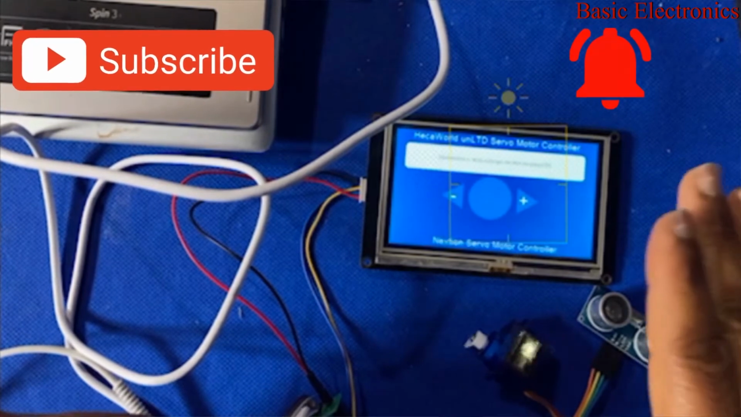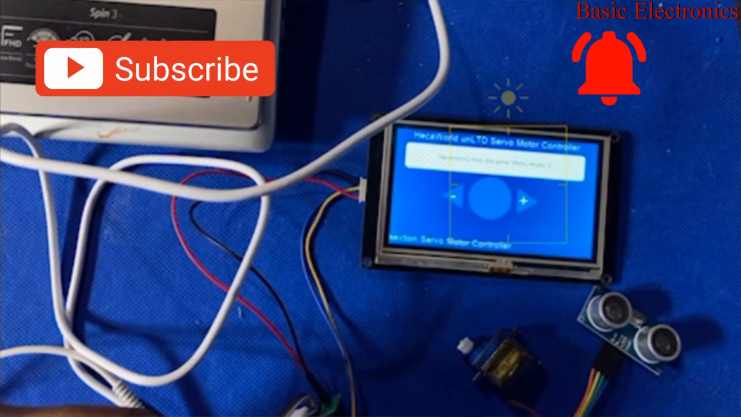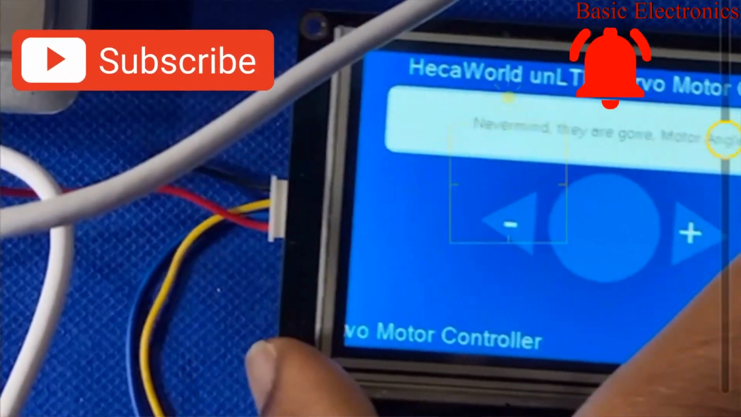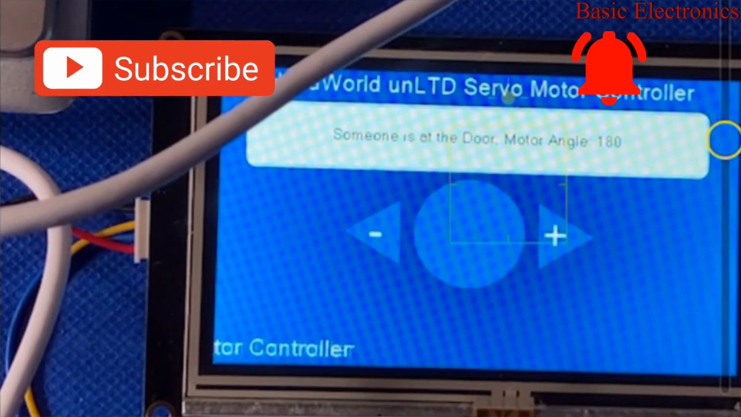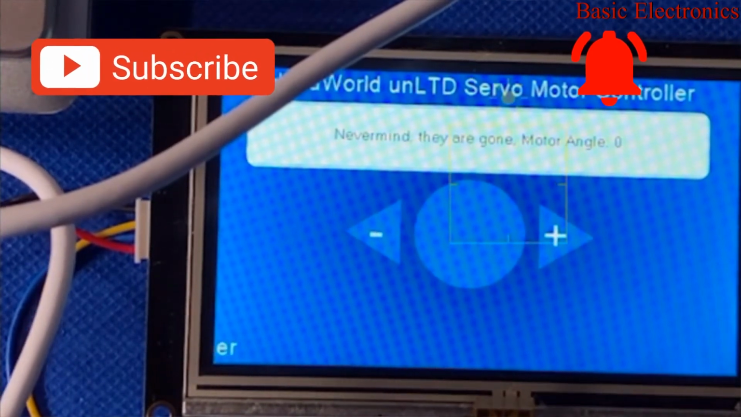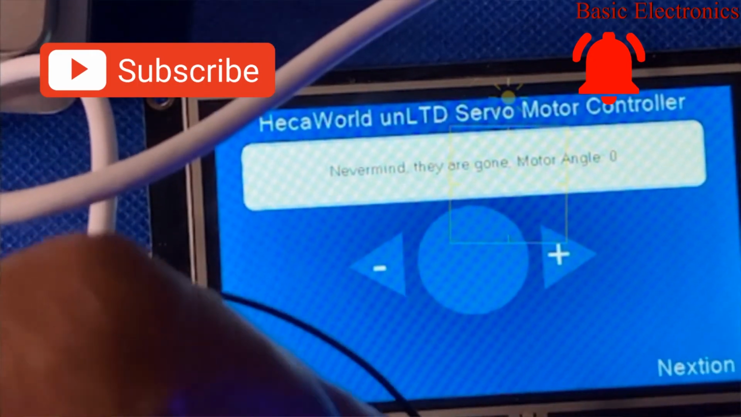So as I come close, the door opens, and then when I go further away, the door closes. You can see the same messages displayed on the screen telling you that someone is at the door. Never mind, they are gone. And then I'll show you also on the NodeMCU,